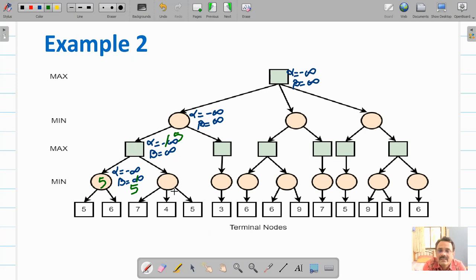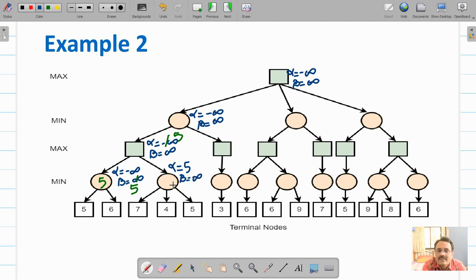Max is connected with this 2. So the max of these will be assigned to the max node. But these alpha and beta values are copied down. So here this minimizer node will have alpha is equal to 5 and beta is equal to infinity.